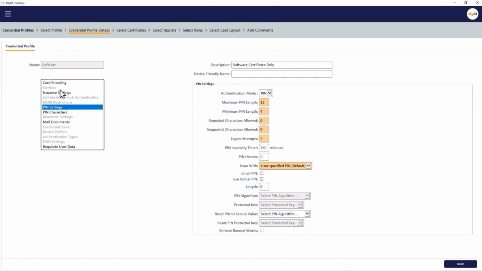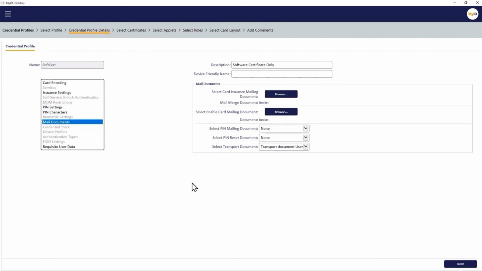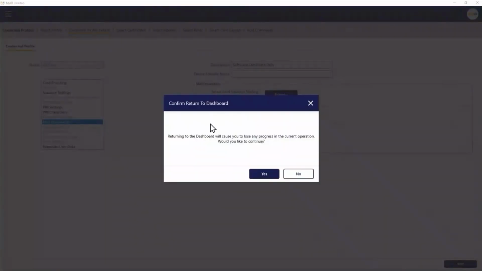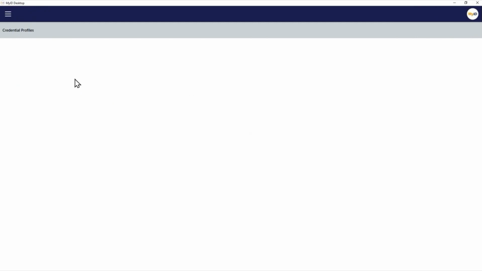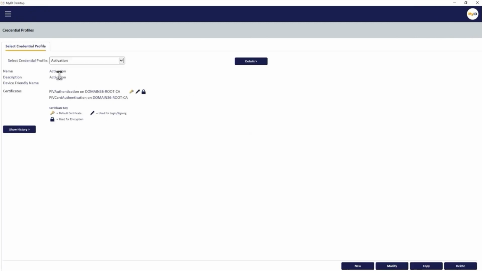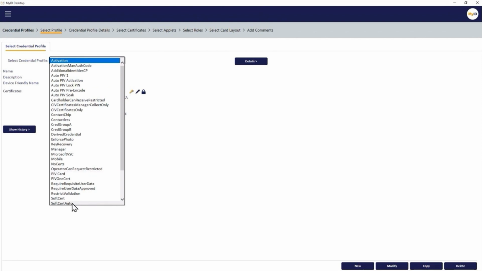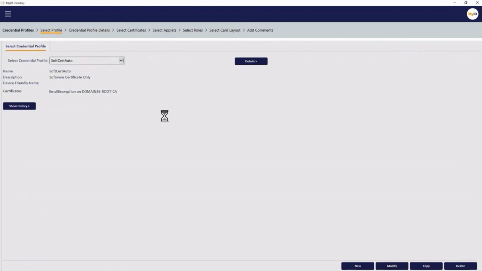If we look at the issuance mail documents, you will see there is no PIN mailing document set, but there is a transport document set, and this transport document is transport document user PIN. Now, if we have a look at the other credential profile I've created, soft cert auto,